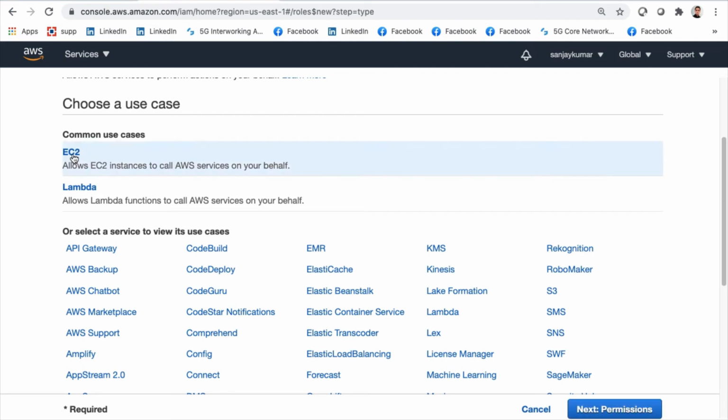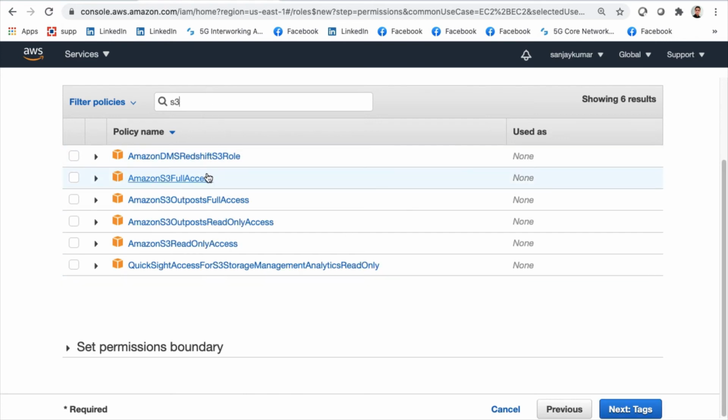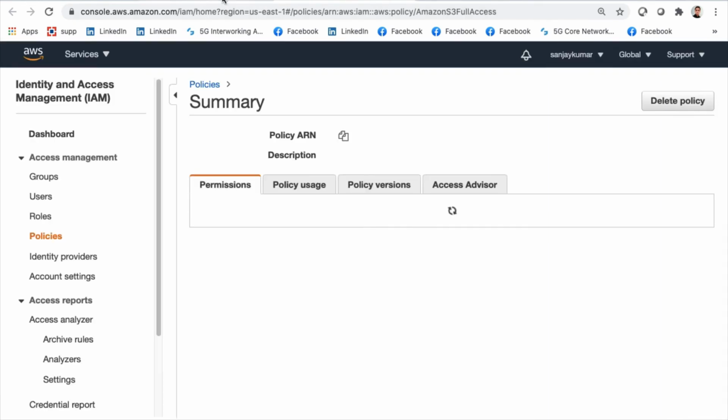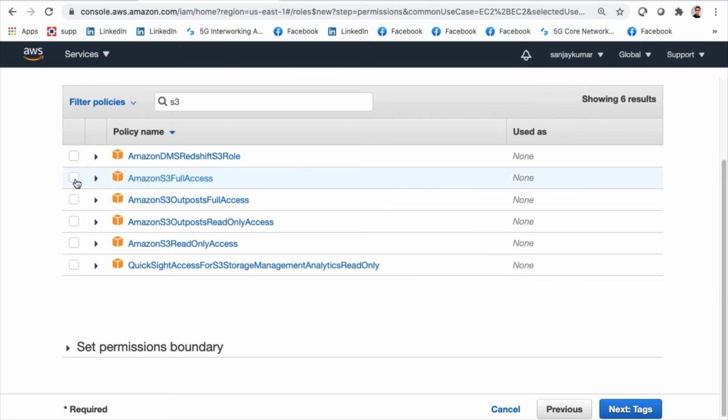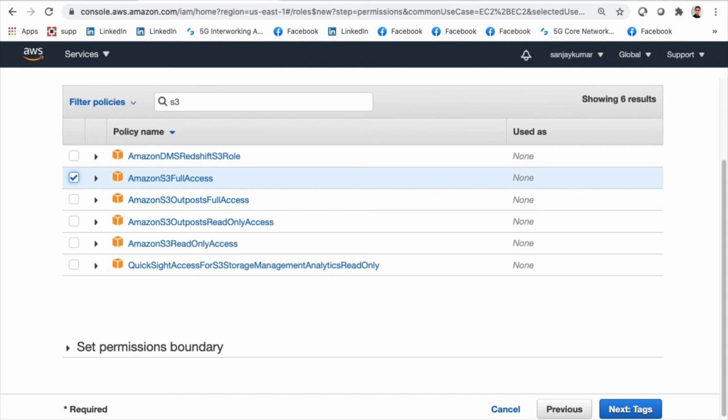So I'll just go with this. Next, what permission I want to give to this particular role: I want to allow S3 full access to AWS. I will simply select it here and say okay, I want to give S3 access to EC2.